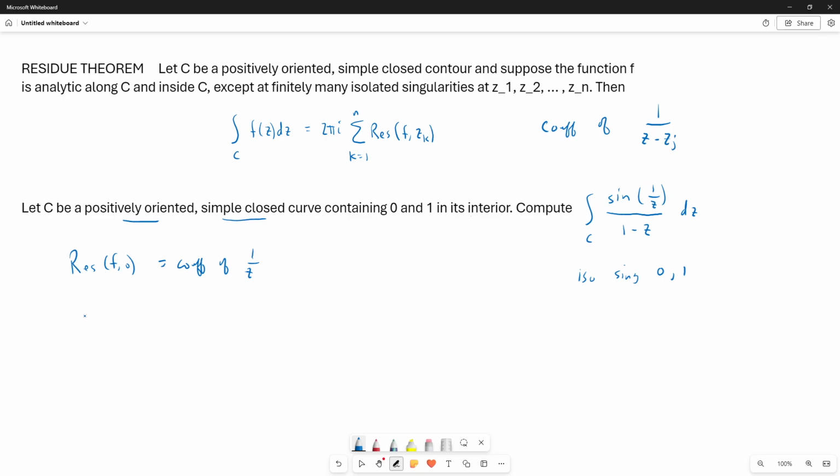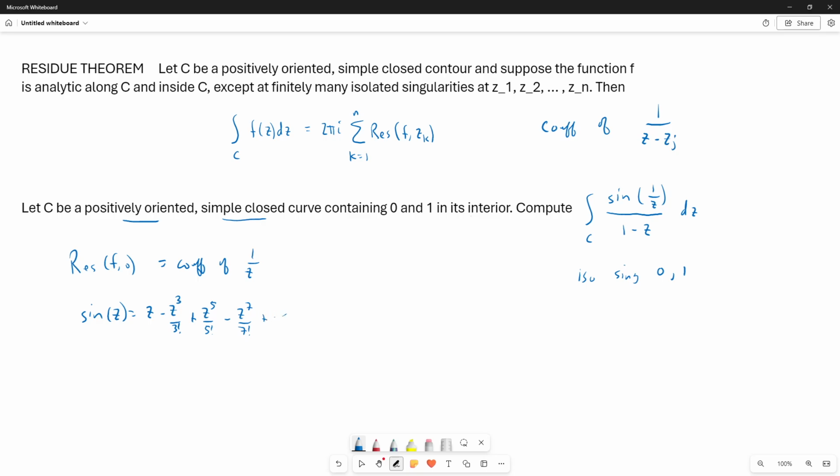So to make the Laurent series, we should remind ourselves that sine z is equal to z minus z cubed over 3 factorial plus z to the 5th over 5 factorial minus z to the 7th over 7 factorial,